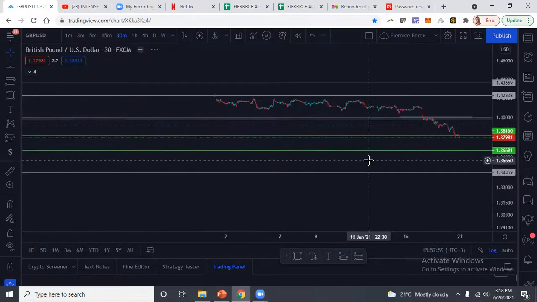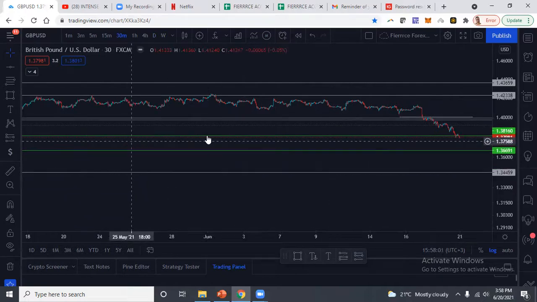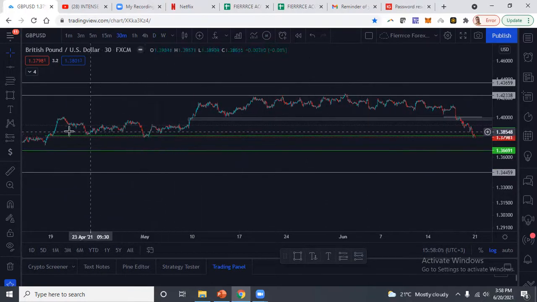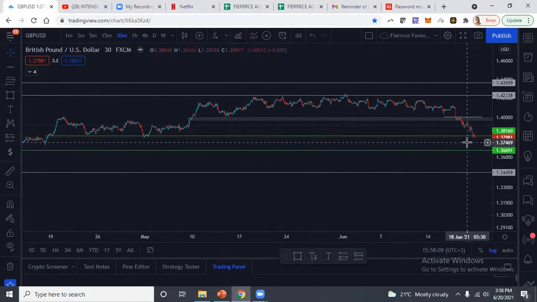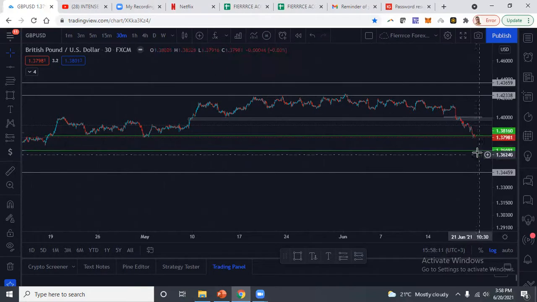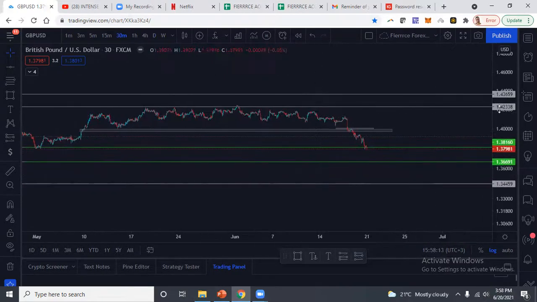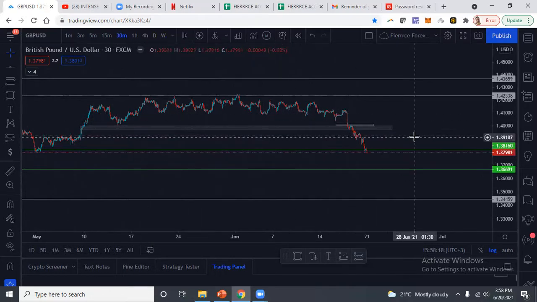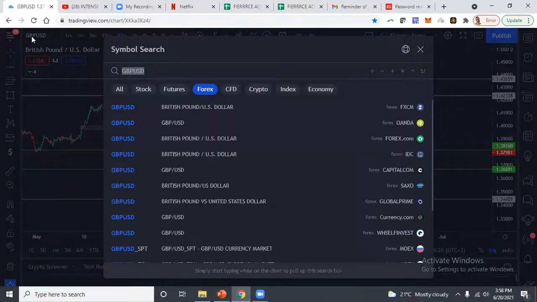Yes, we are pushing down, but we are in a kind of a range now. We're on a very strong support. So remember that, guys, we're on very strong support right now. So even if we break down, it could just be a fake out. So it's good to just wait and see what happens. But technically, we've been in a sideways move, okay, for a couple of weeks, if not months. So that's for GU, still ranging.